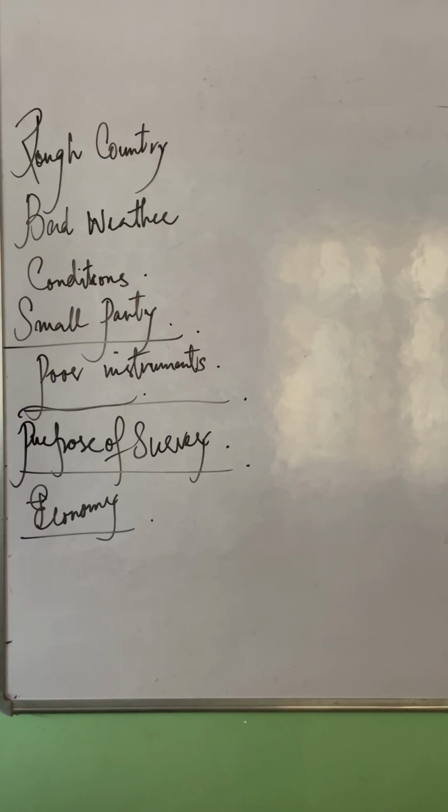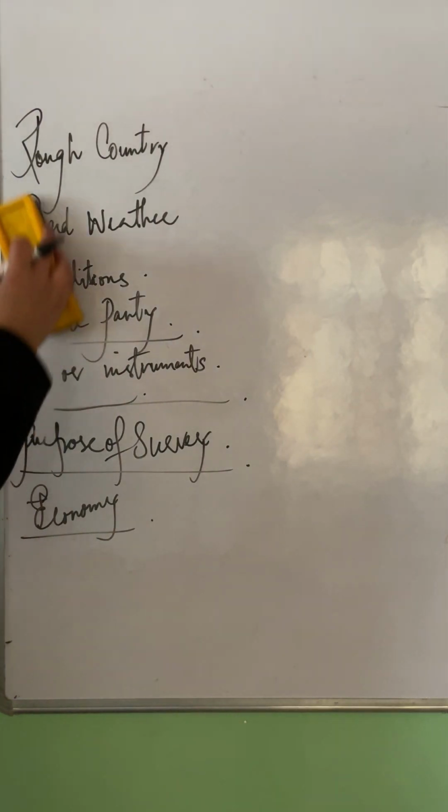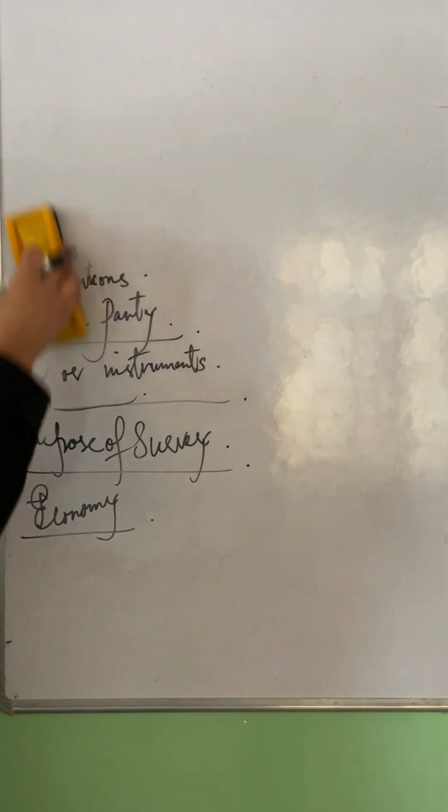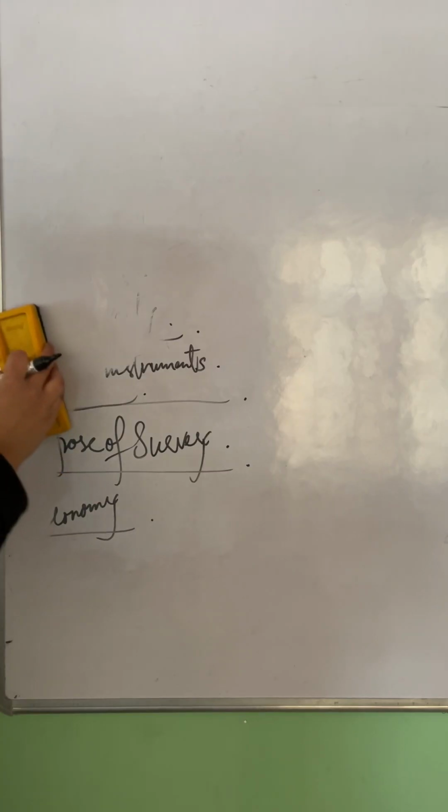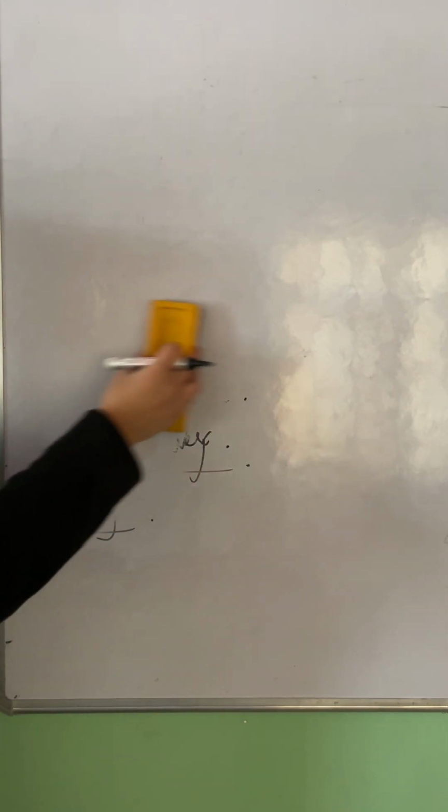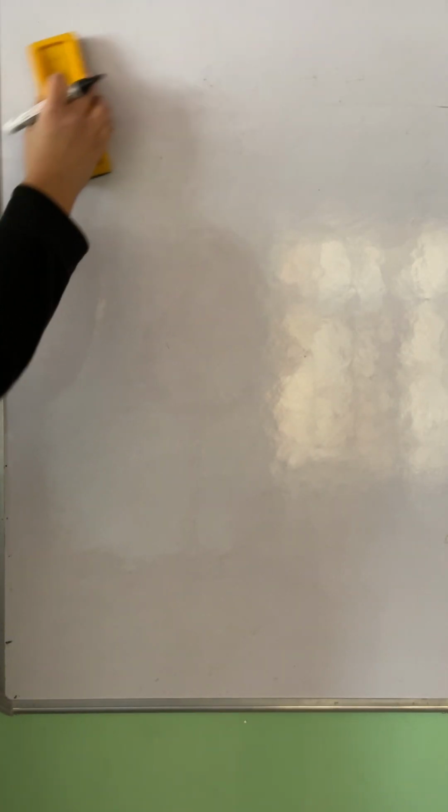All right. So a surveyor should make the precision of each step in the field work correspond to the importance of that step. The more important the step is, the more precisely he will measure that. All right. So this was